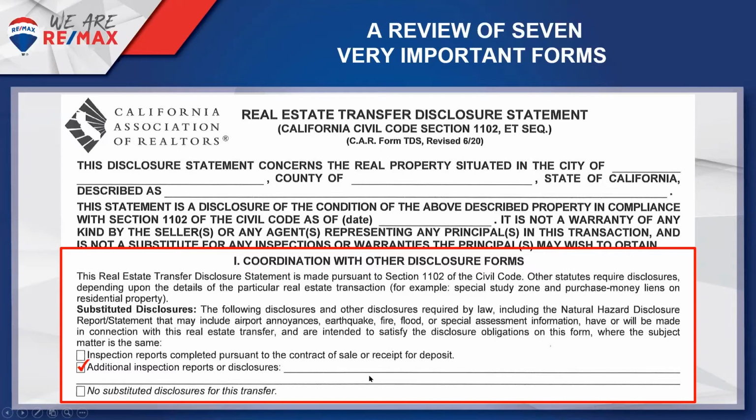Now, this is where you would list a previous physical inspection from a buyer who canceled escrow. And then finally, if you didn't have anything that you wanted to add to this disclosure at this time, this TDS, you would check this box. No substituted disclosures for this transfer. One of these boxes must be checked, or you have not completed Section 1 and therefore have not completed delivery